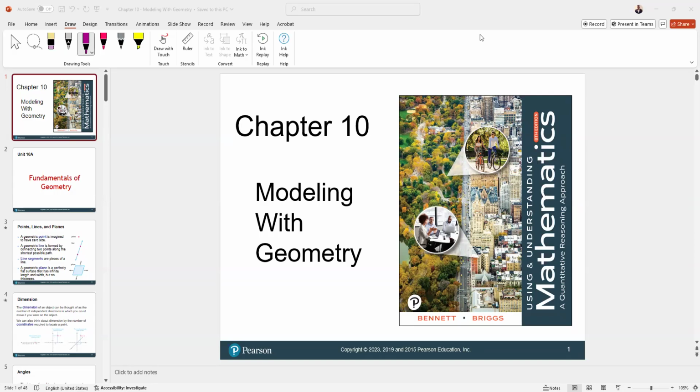In this video, we're going to take a look at chapter 10, modeling with geometry. The first section will really review the fundamentals of geometry. As you probably learned from your previous mathematics class, or from algebra, we also talked a little bit about